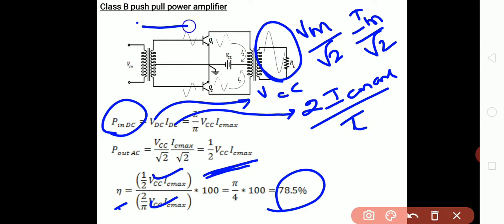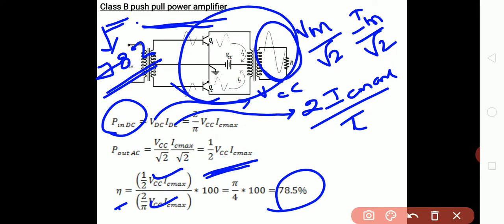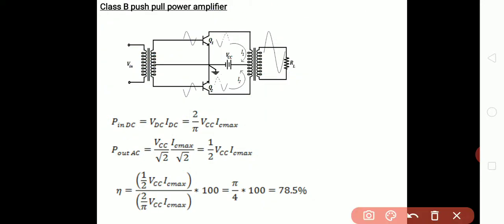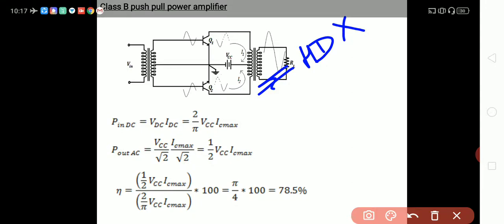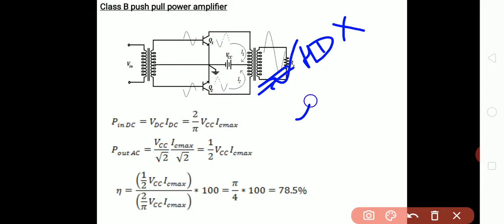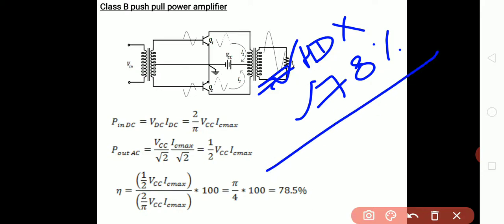So using a push-pull amplifier or regular power amplifier, class B will always have an efficiency of 78%. But the advantage of this arrangement is that it is going to remove the distortions completely. So the harmonic distortions are completely removed. Efficiency is high. But now comes another problem, and that problem is because this transistor is going to conduct